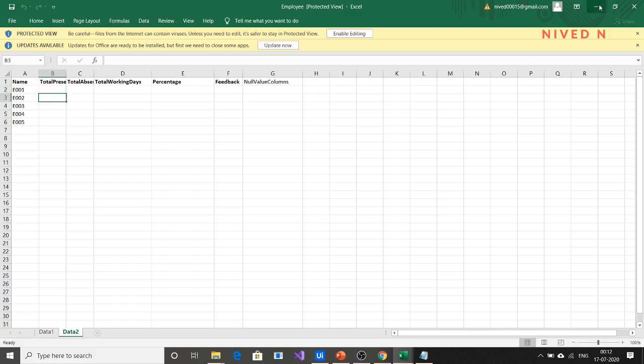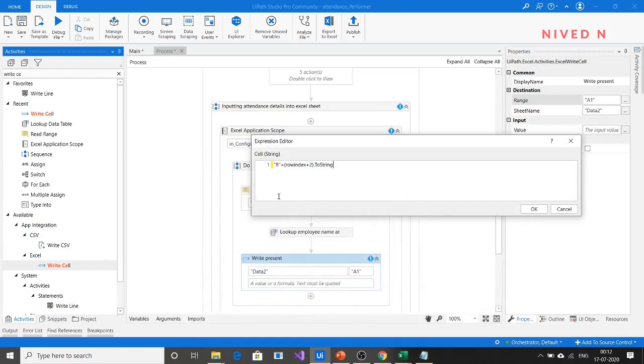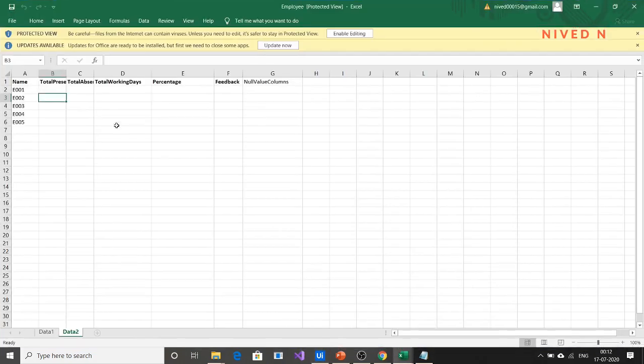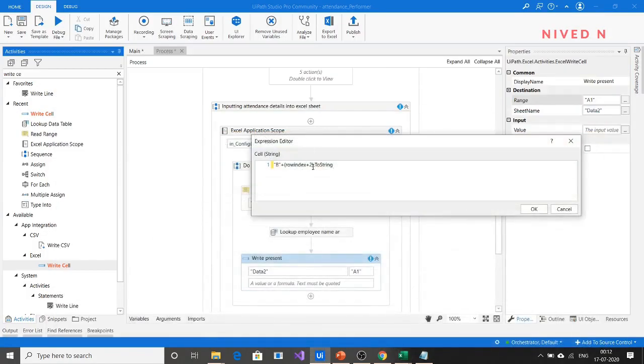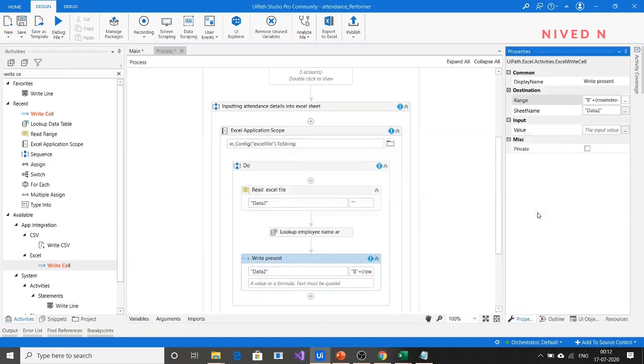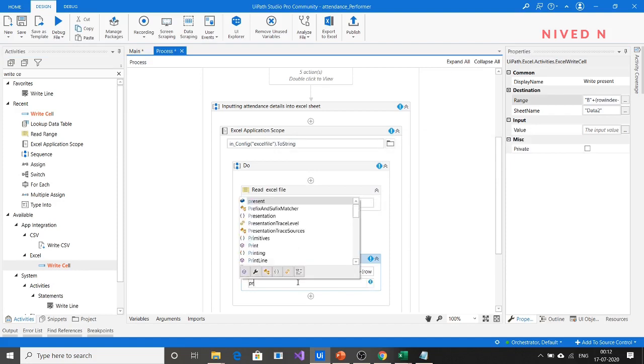So in general way you can write like this. For example, if row index value is 0, it writes in B2 cell, that is for E001. So that is why we are specifying row index plus 2. Since row index plus 2 is an integer, you have to convert it to string here, so we are specifying dot to string.